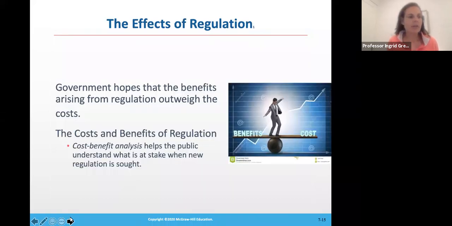Now let's talk about the effects of regulation, right? What happens after the government comes in and does some regulating, the costs and the benefits? Here, the government hopes that the benefits arising from regulation outweigh the costs, not necessarily always. But this cost-benefit analysis helps the public understand what is at stake and what new regulation is sought. So before people get so excited about regulating something, they also have to look at what the costs are associated